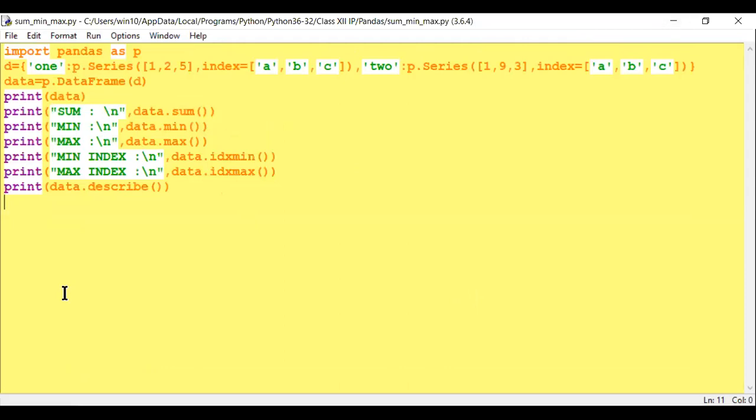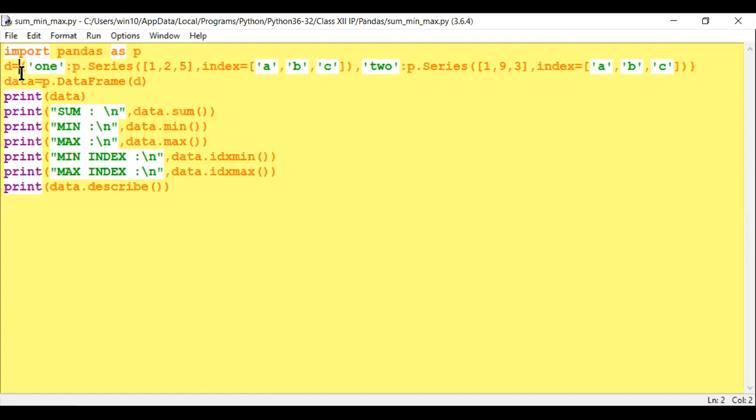So in pandas, you can find the sum of whatever data you are assigning. You can display the minimum value, the maximum value, the minimum index, the maximum index. See here, first you have to import pandas as pd. What is d? It is a dictionary name.